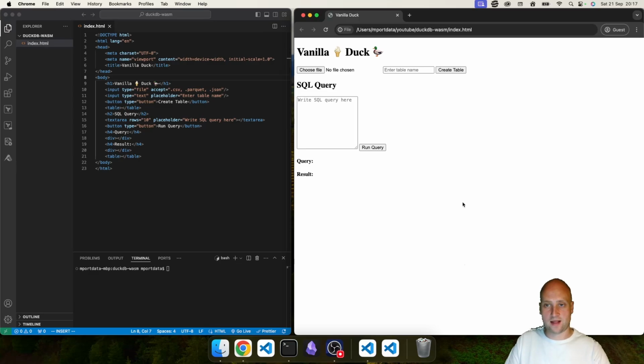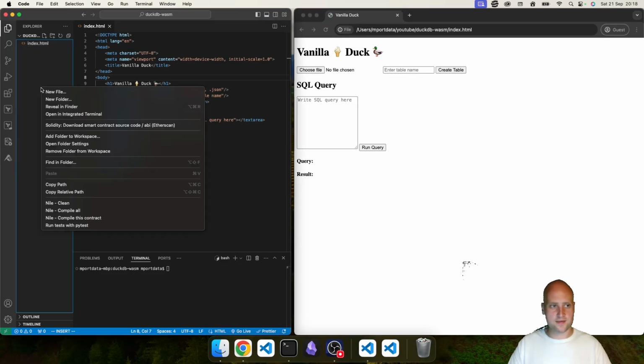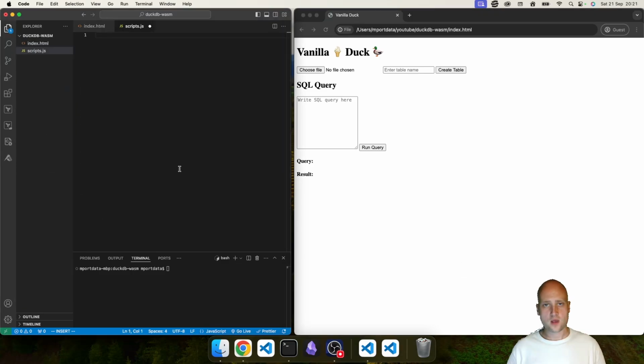All of the HTML elements we need for our web page are in place. However, none of them do anything yet because we haven't told them what to do using JavaScript. Next thing we're going to add is a scripts.js file. The main thing we're going to use JavaScript for during this project is to import and interact with the DuckDB